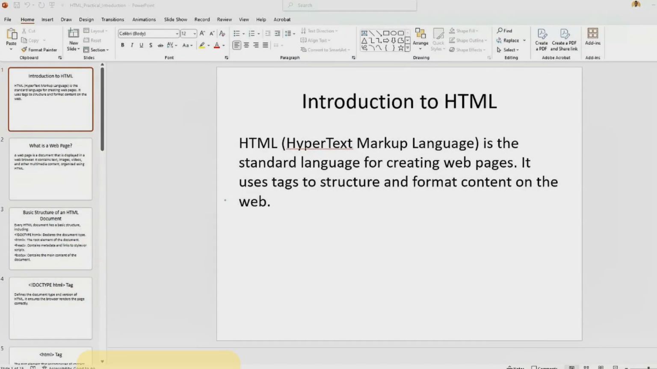All right, so we already talked about HTML, hypertext markup language. We already talked about what HTML is. It's a standard language for creating websites, and it uses tags to structure and format content on the web. So we use a lot of tags to structure content and then format different content on the web. That is what we use when it comes to